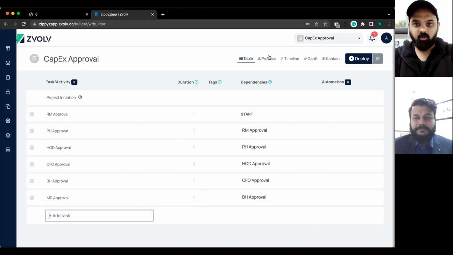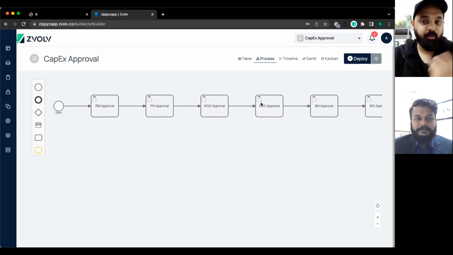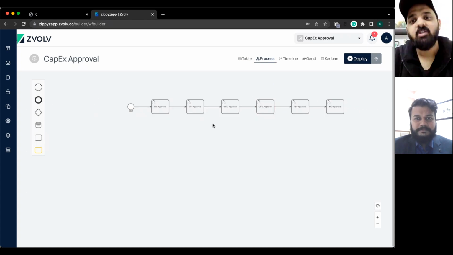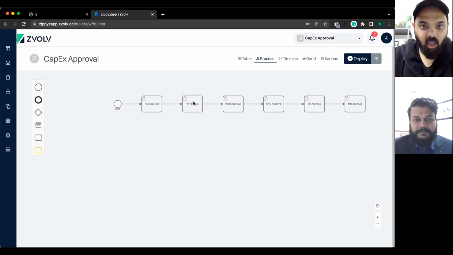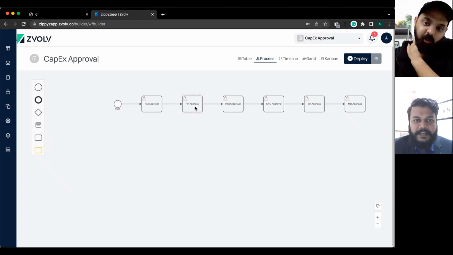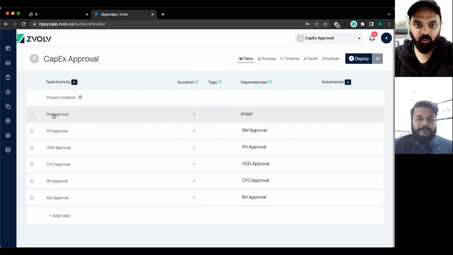All right. So now, since the system follows a linear process of dependencies, this is how your process is looking right now. Now, let me configure the parallel approvals. I assume these are the two activities that happen in parallel. They happen simultaneously, correct? The procurement approval and HOD approval. So I'll show you how to quickly configure that.